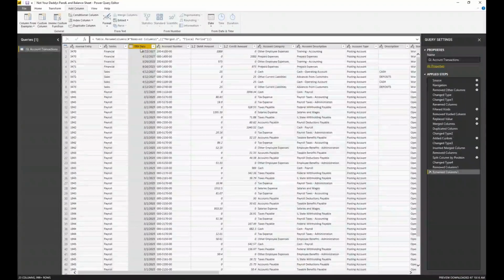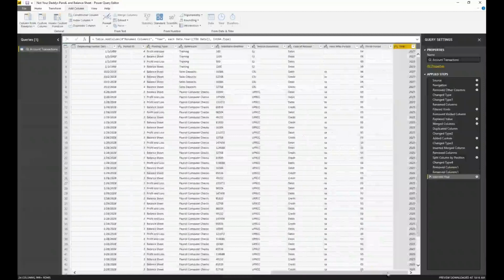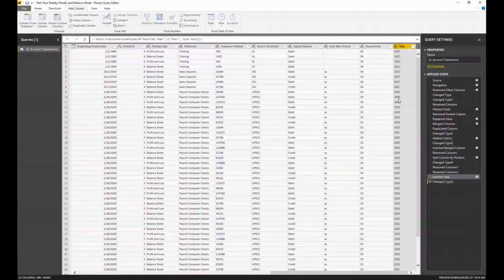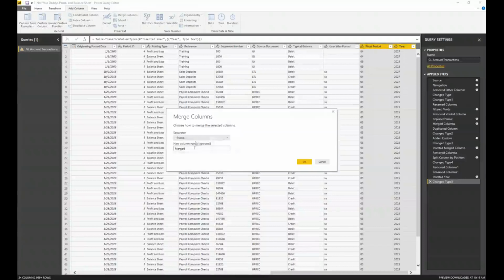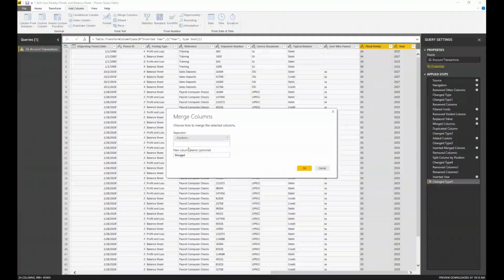I'm going to highlight the transaction date and then go over to Date on the Add Column area and tell it I just want to get the year. Now that's going to populate it at the end, but it's going to make it numerical. And I want to merge these together, so I need to make it text. You can't merge a number with a text. So I'm going to take the year now, hold my control key down and select the fiscal period. Now I'm going to merge these together with just a little dash, and we'll call this Period.